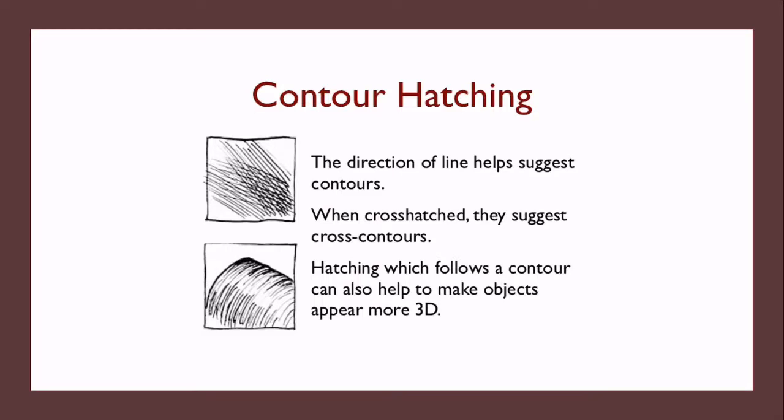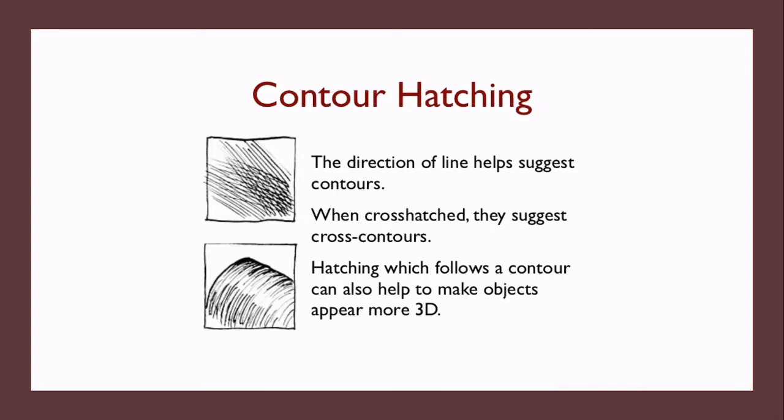Let's first look at contour hatching. So contour hatching is where the direction of the line helps suggest contours in your work, and that also makes it look 3D. So when cross-hatched, they suggest cross contours. So with your lines, you're going back and forth and you're creating dark tones in certain areas, which makes that